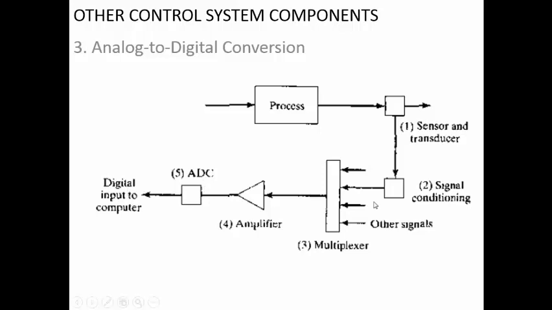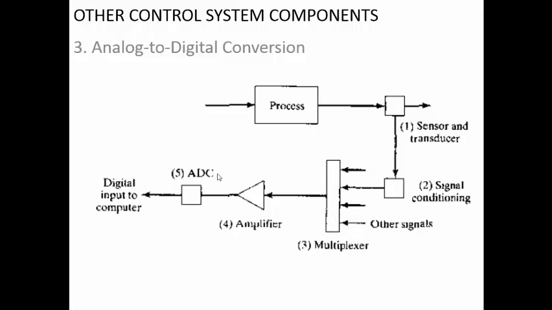Now what is this multiplexer? For every sensor, the signal has to be converted into a digital format. You require an analog to digital converter. These are costly equipment, and if you are having too many of them, the entire system is going to become bulky, and so you are using something called multiplexers, which are going to receive several signals, and at particular intervals of time it is going to feed the required signals through the amplifier and ADC.